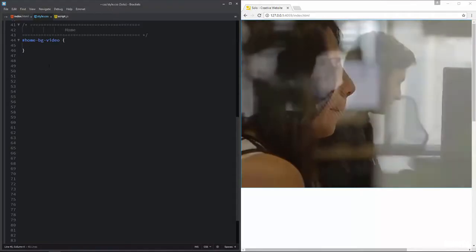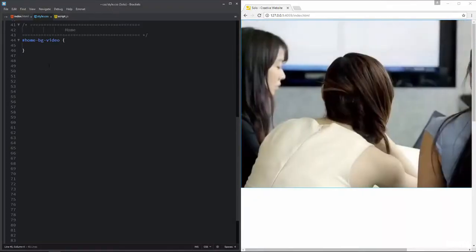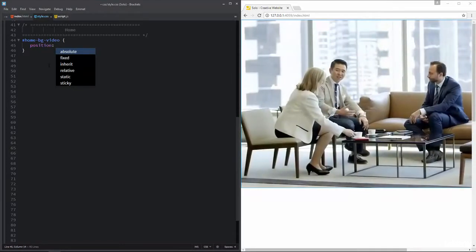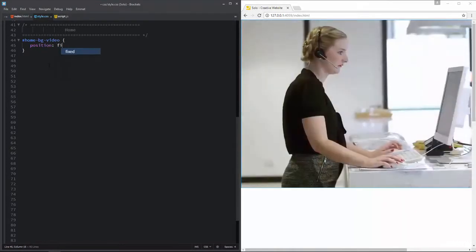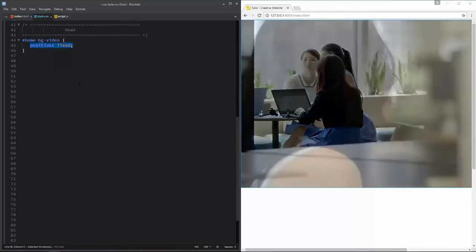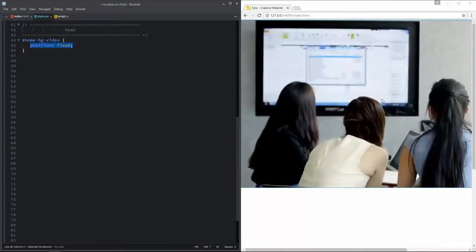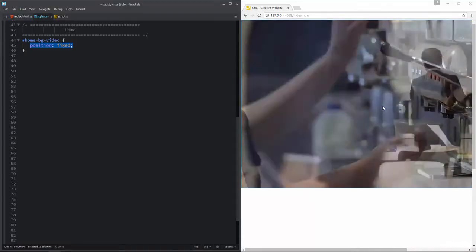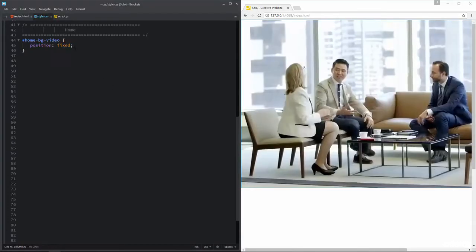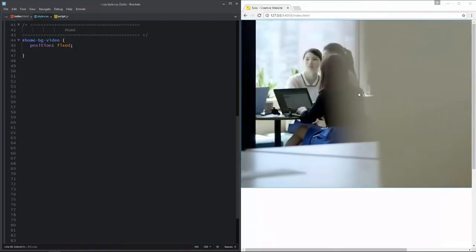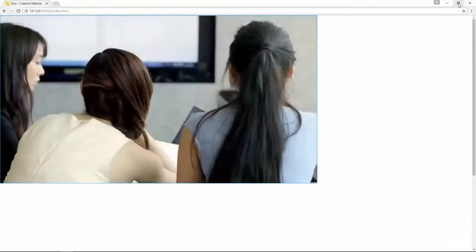Alright, so the very first thing I'm going to set is the position property. I'm going to write CSS position property, and the position we are going to apply here is position of fixed. The reason we do that is because, if something is scrolling, I don't want this video to scroll along with it, so we are going to set it up like that. Also, we are going to determine where the position of this video element is going to be located. I want this video in the center of this browser window.